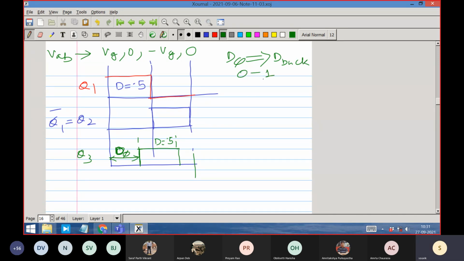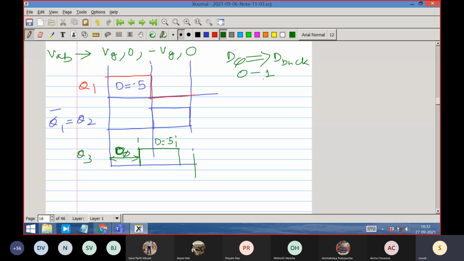Another point is that it is always easy to produce a duty ratio of 0.5 in a practical sense. If you want to have a converter, you can easily create a duty ratio of 0.5. It is just a flip-flop thing: Q1, Q bar. Duty ratio equal to 0.5 is quite comfortable, just like a flip-flop. You get two complementary signals, and they are always 0.5 in a counter level system, etc.